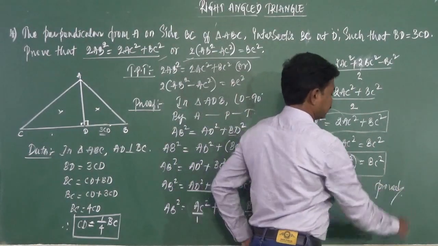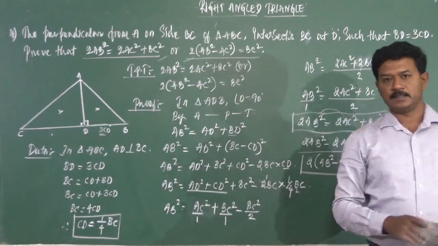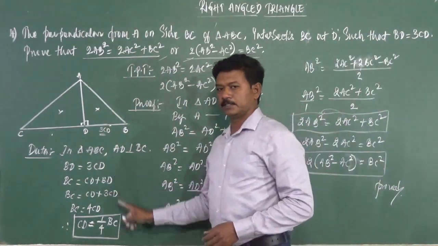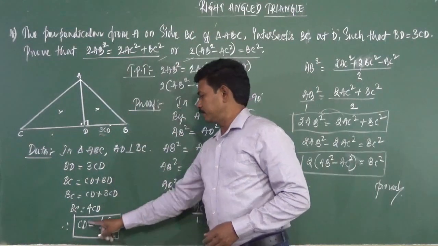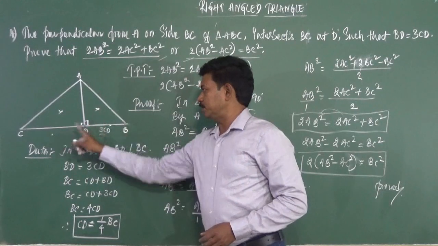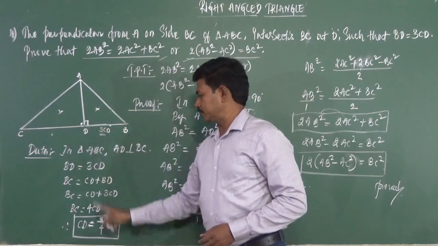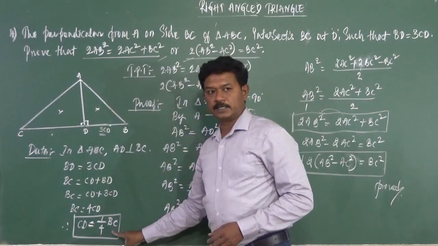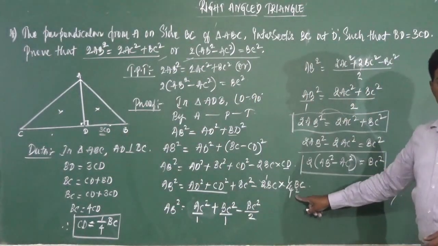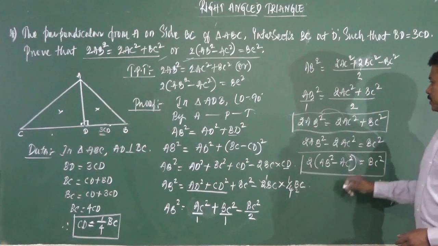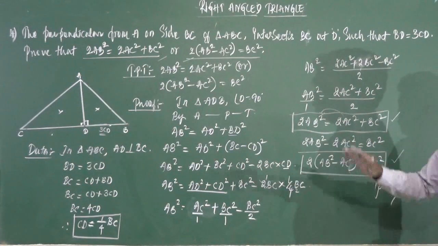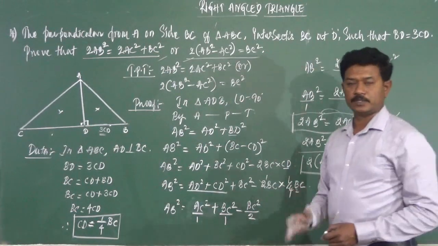So very important, a 3 marks rider on Pythagoras theorem. So better, here itself at this point, remember this problem, in the data itself find out the value of CD with respect to BC and BD, so that you can easily apply that at this particular point. So the problem becomes very easy for you. So this may also be asked in the examination. It is a 3 mark very important question, right?